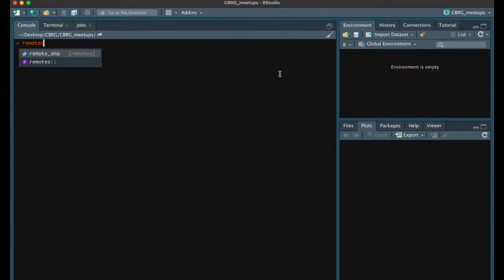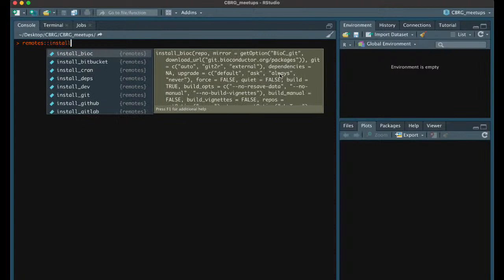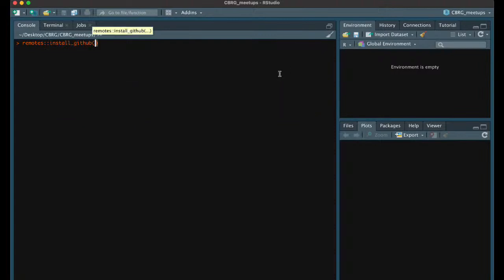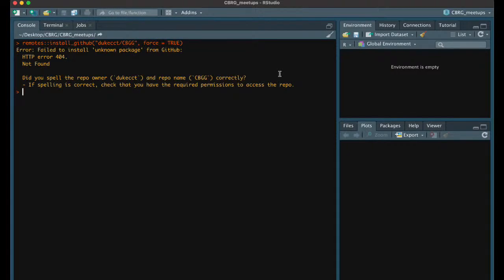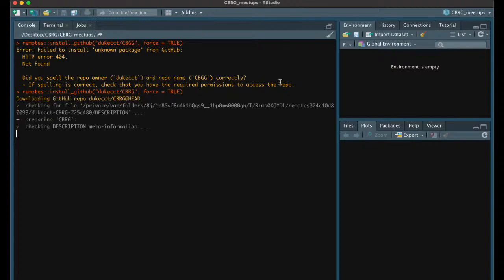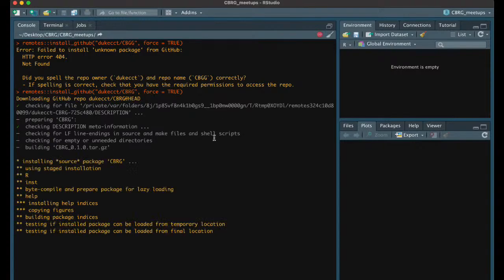As usual, we type in remotes install underscore github dupe cct slash cbrg, force equals true to install the package. And after you've installed the package, load it with library cbrg,